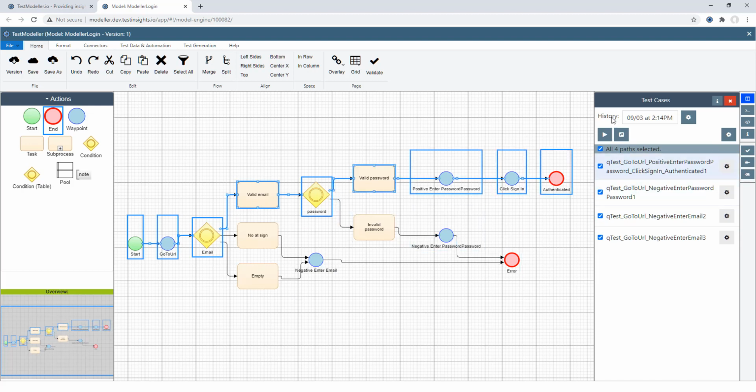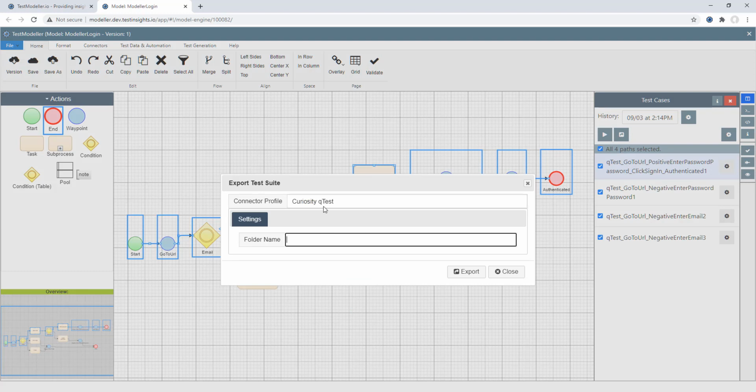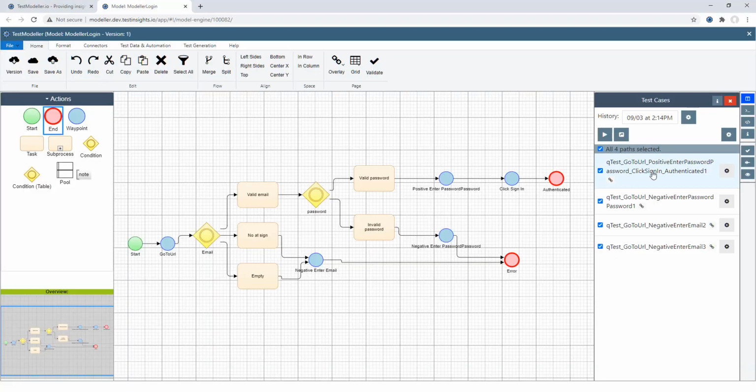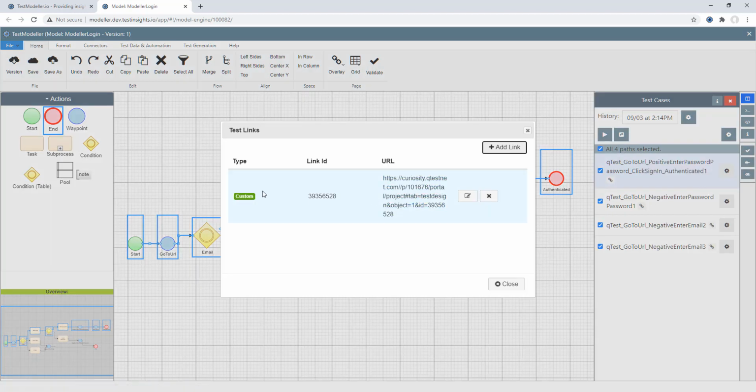Now once we've auto-generated tests, we can push these out into some kind of test case management tool. One of those tools we have integration for is qTest. So we'll come in here and we'll create a new folder, and we'll call this our login module, and hit export. Our export is complete, and if we take a look against these paths, we've now got a link associated. If we open up the links dialog, we'll now see that we have got an export here into qTest